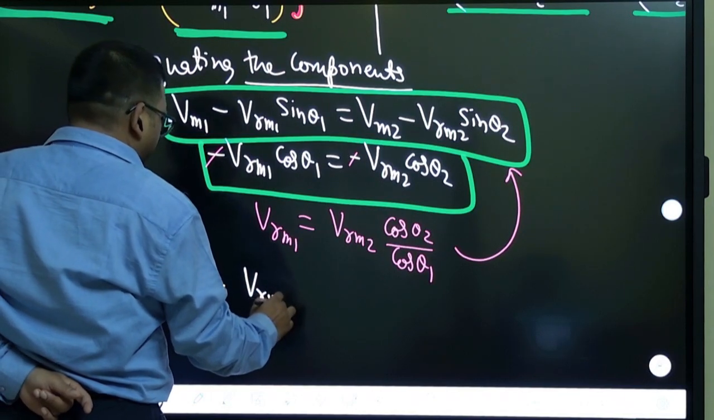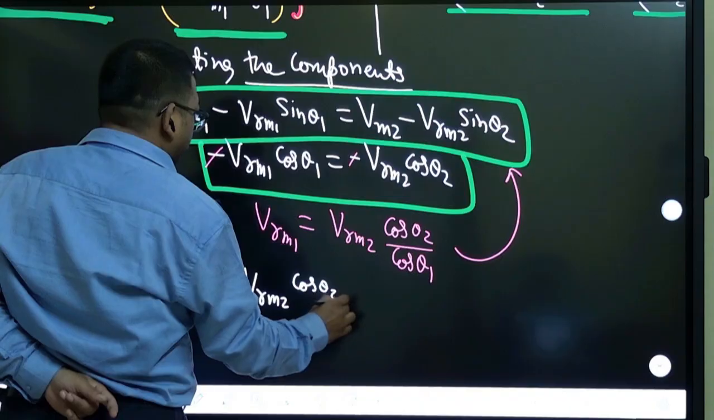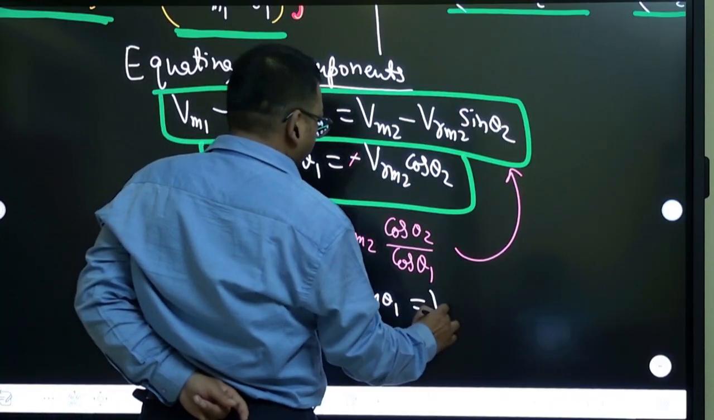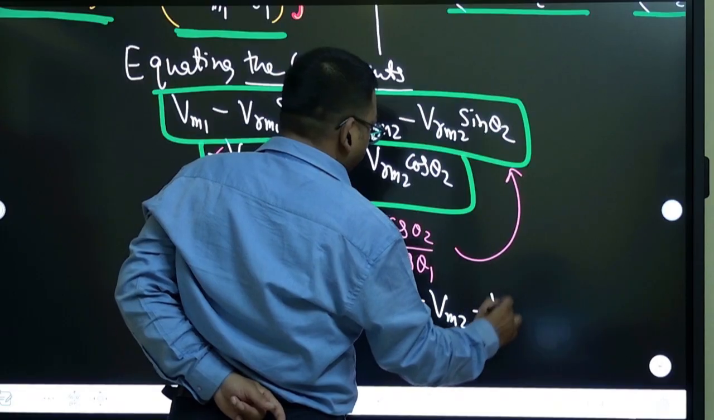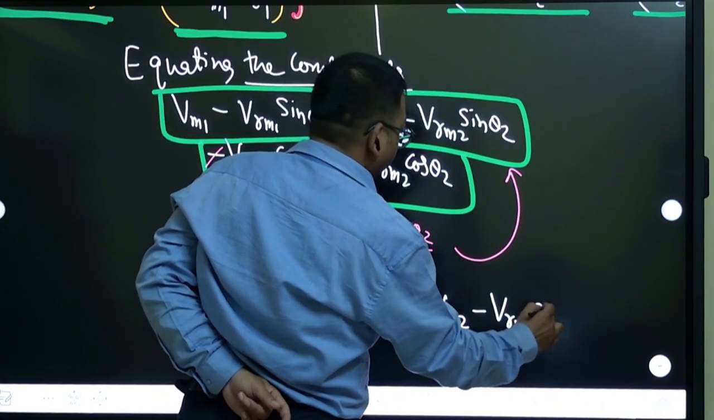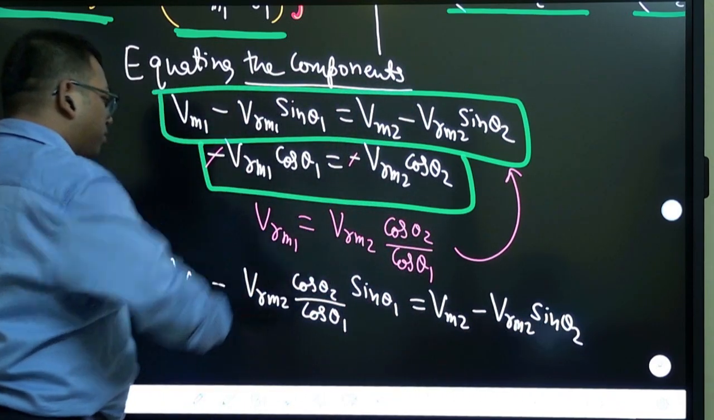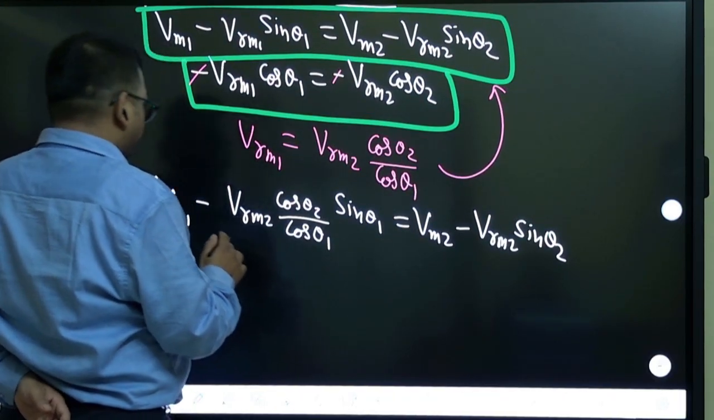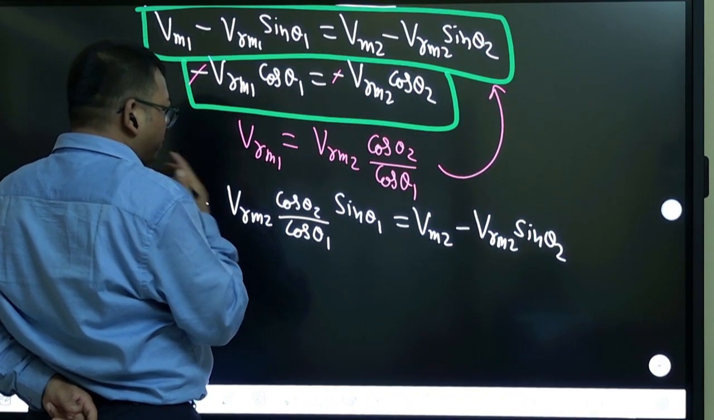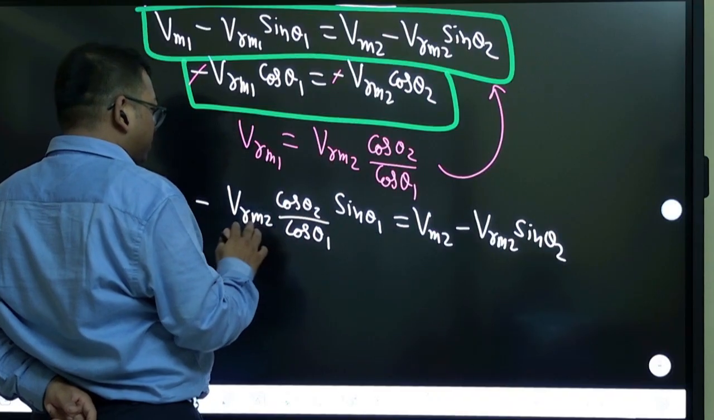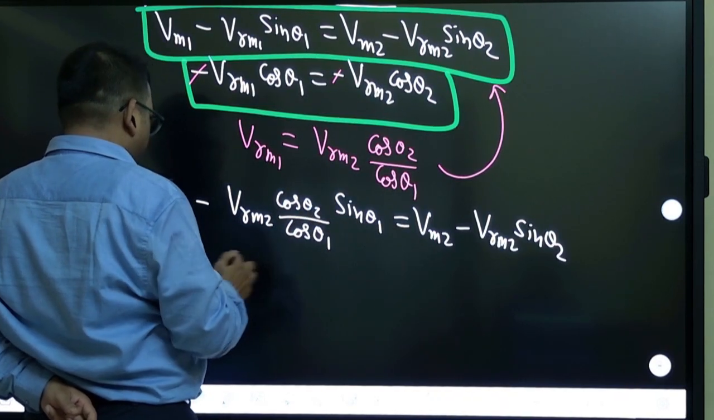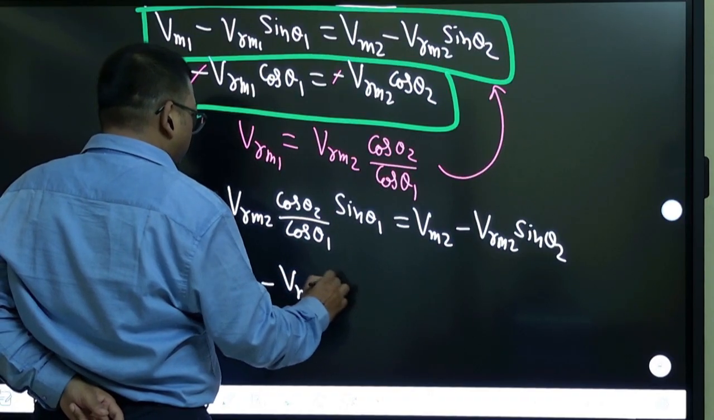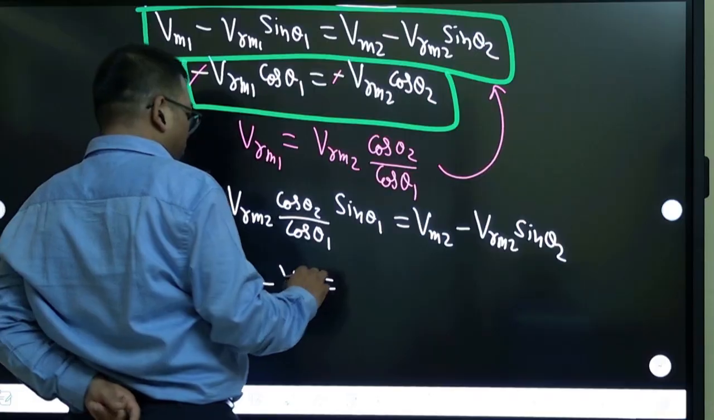So Vrm2 cos theta 2 by cos theta 1 into sin theta 1 is equal to Vm2 minus Vrm2 sin theta 2. Now bring Vrm2 to one side. Any one side you bring. Let us bring it to this side, and this Vm1 take to that side. So Vm2 minus Vm1 is equal to